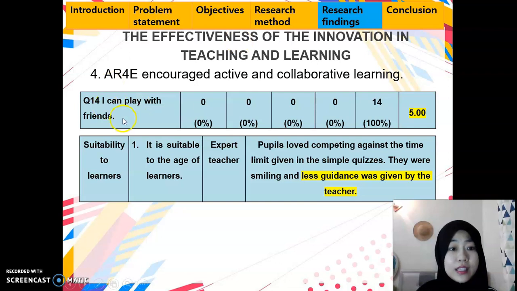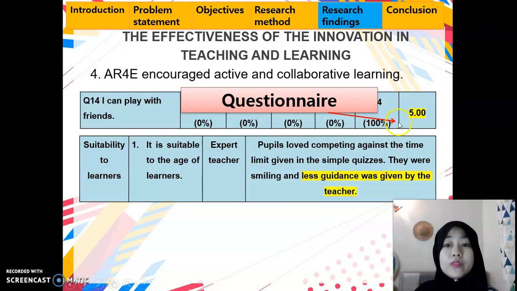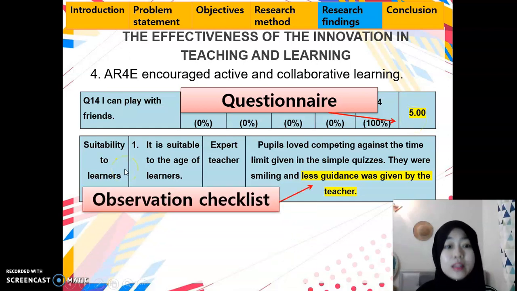You can see here, they can play with their friends, and they agree with this item, which is shown in the questionnaire, 5.00 for the mean score. This is also in line with the observation checklist, in which I have highlighted the point recorded by the expert teacher: less guidance was given by the teacher. So collaborative learning can be carried out as they work with each other and collaborate with each other.